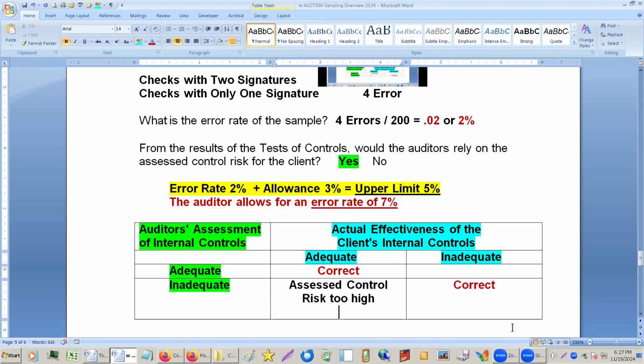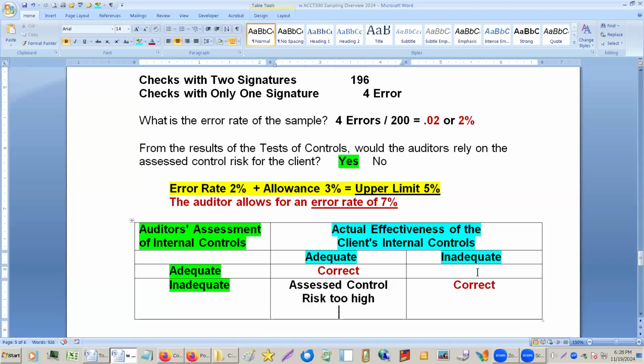Now, what we're going to do to make up for this, we're going to do more substantive testing. We're going to test more dollar amounts because, okay, we say, we can't rely on these controls. These controls are not reliable. We can't rely on them. Forget about the internal controls. We're going to have to take more dollar samples. So instead of taking 500 items, we need to take 800 items or whatever it is. So if you can't rely on the controls, you go, okay, I got to do something.